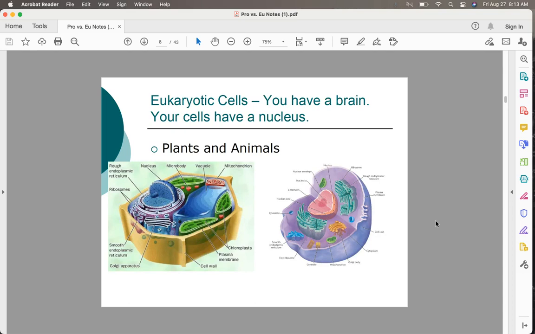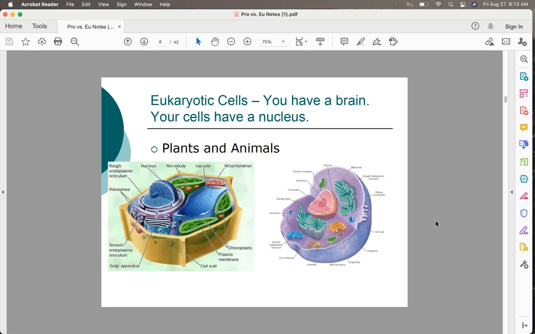Here's some images. We have a plant and an animal cell to compare here. So if you think about eukaryotic cells, your cells have a brain. It's called the nucleus. Okay, so if you look at the comparison here, we have the plant on the left and we have the animal on the right. So you can see that our plant cell has slightly different structures. You can see that it has a cell wall. You can see these things called chloroplasts inside. And you can see that the shape overall is different. It's a little bit more